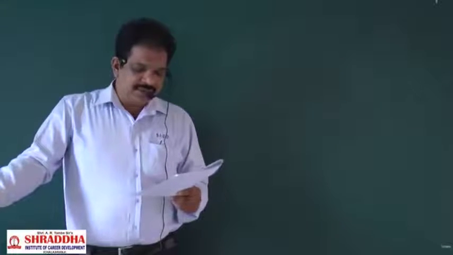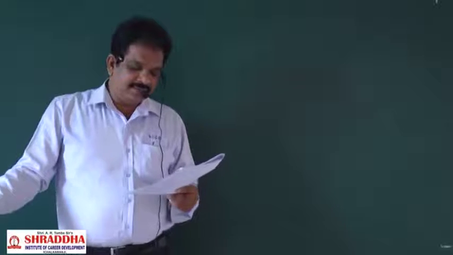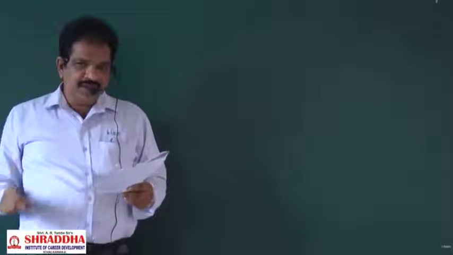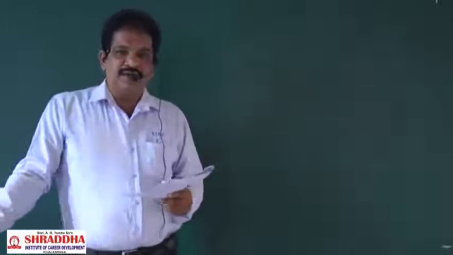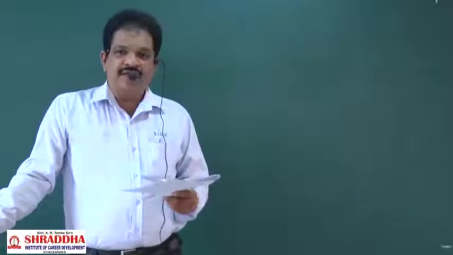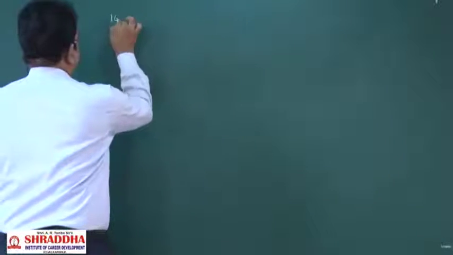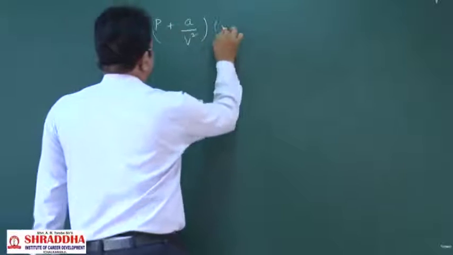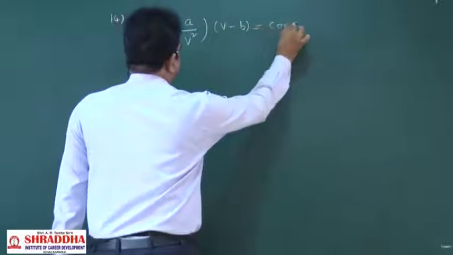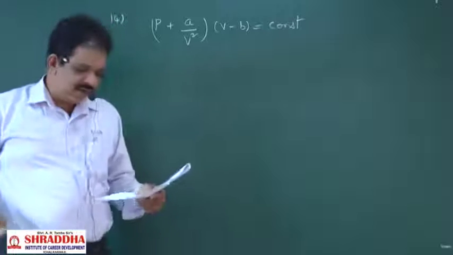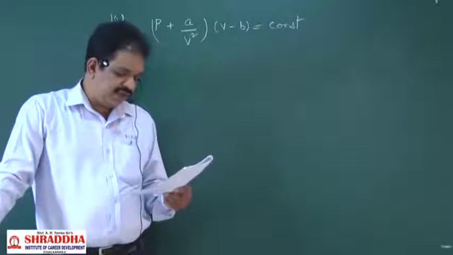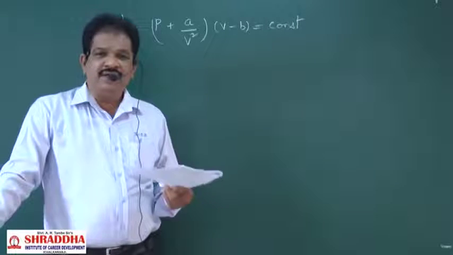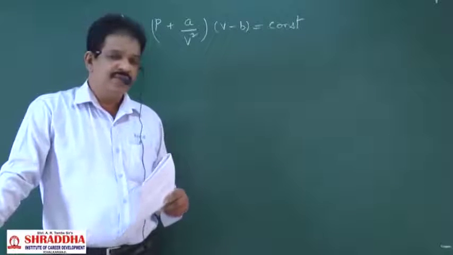P plus A by V square into V minus B is equal to constant. P is the pressure, V is the volume, A and B are the constants. Then what is the unit of A, they are asking. So they gave this equation. That is the question. So according to the principle of homogeneity,